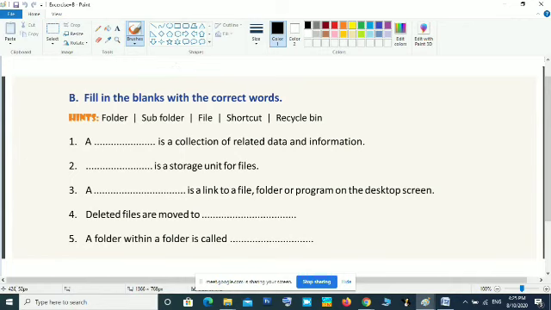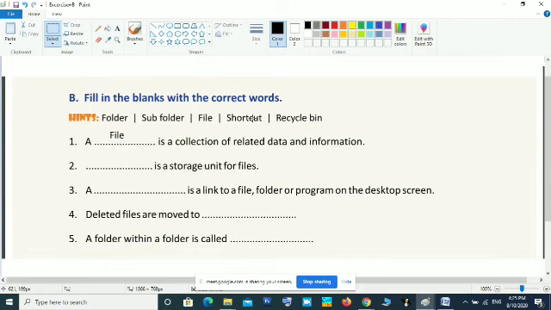A dash is a collection of related data and information. Data and information. Folder is a room or a place for keeping data and information. Yes, file is that. File is a collection of related data and information.